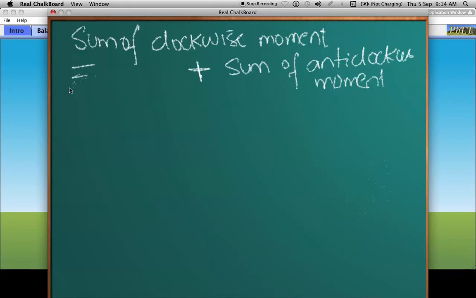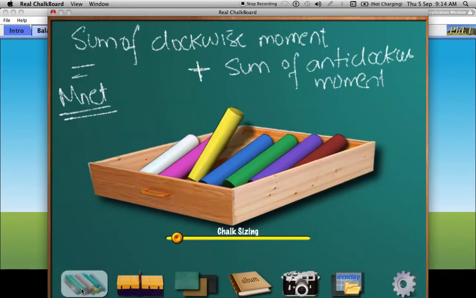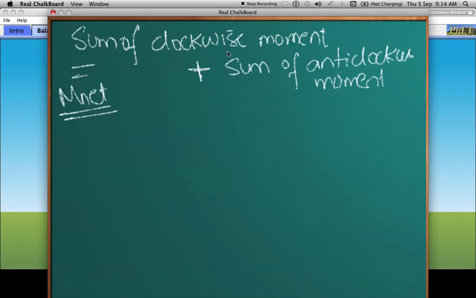The net moment is simply given by the addition of two moments. However, because we know that the directions of both of these moments are opposite to each other, and moment is a vector quantity, the direction is of importance, so we will have to assign a positive sign to any one of them and a negative sign to the other one. So let's just randomly give the anti-clockwise moment a positive sign